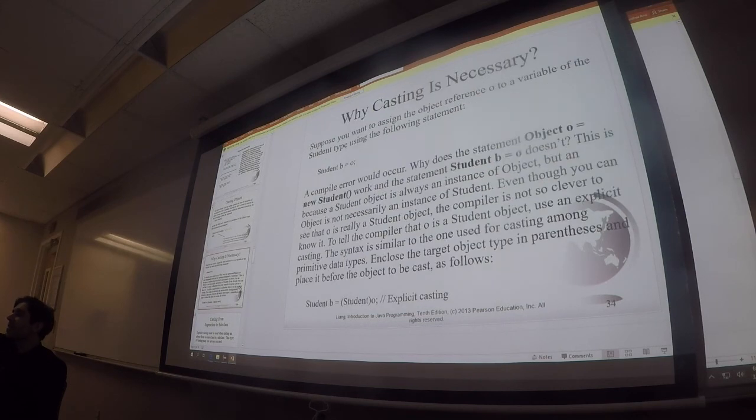Why is casting necessary? Can I assign an object to the student? Is that okay? No. The compiler says these are not the same type. You're going from parent to the child, unless you know what you are doing. You could cast it, but this does not give you a guarantee that it will run. You have to make sure that